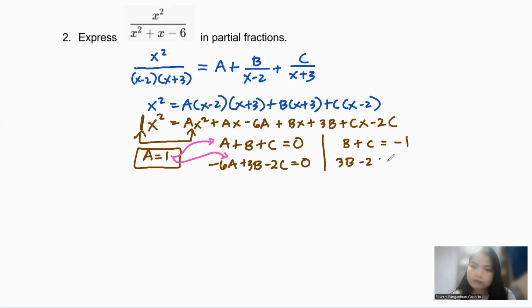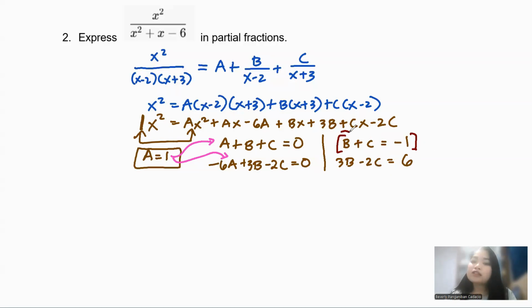And then how about the other one? 3b minus 2c, but then again, 6 times 1 will be negative 6, but it will be on the other side, so you're going to have positive 6, right? Okay, now I know this one, you cannot do just a simple elimination here. You need to do something in one of the equations. Your target is to make them at least the same. Which one do you want to cancel? You want to cancel c, go ahead. If you want to cancel c, of course you multiply this one by 2, so you can have 2c and negative 2c.